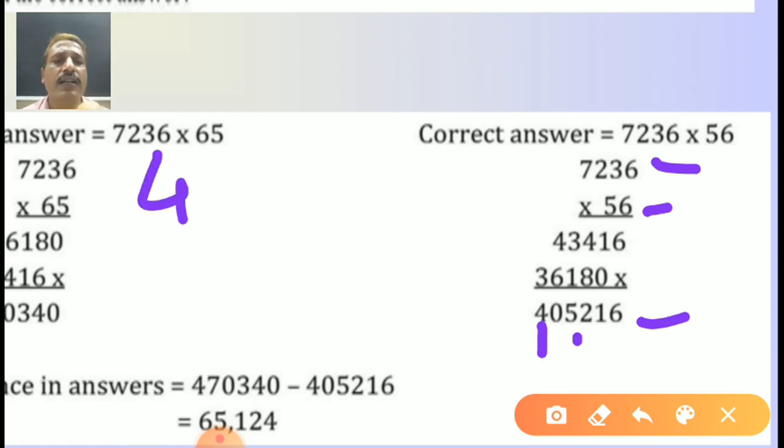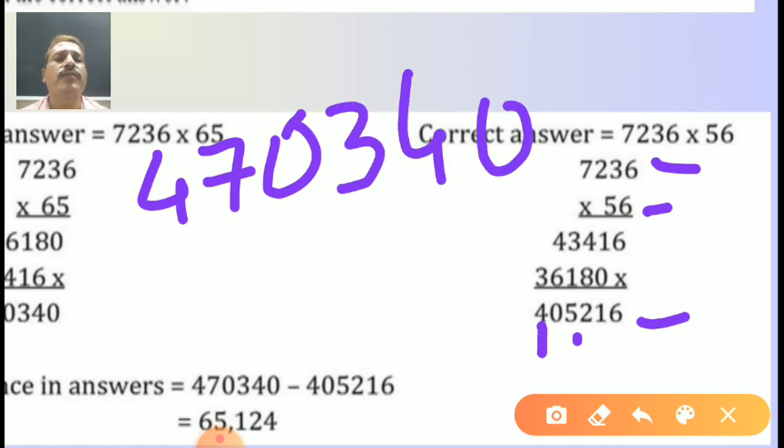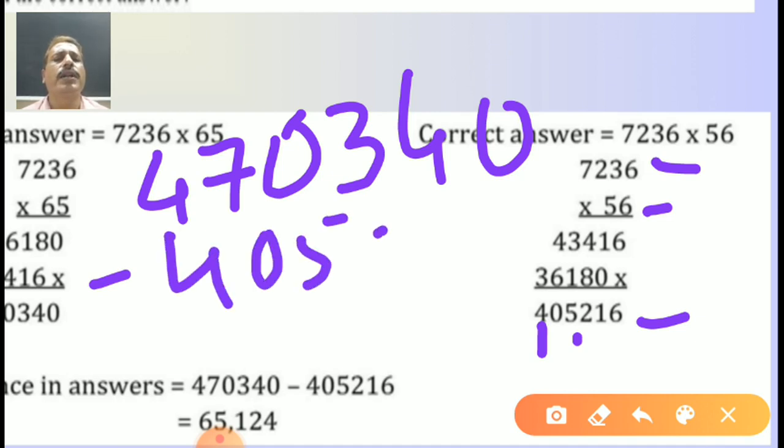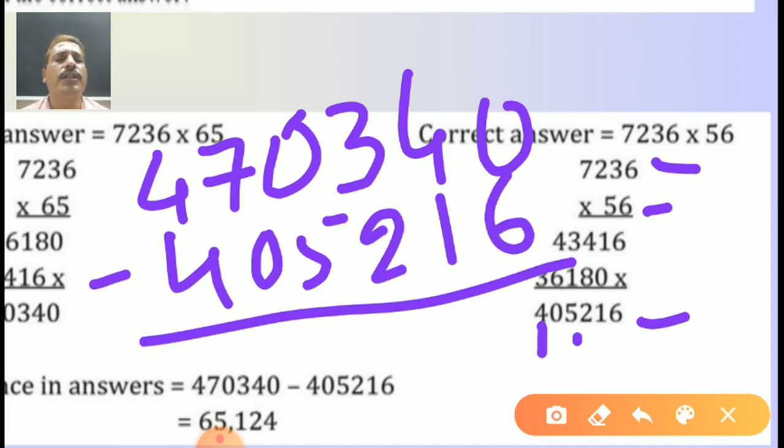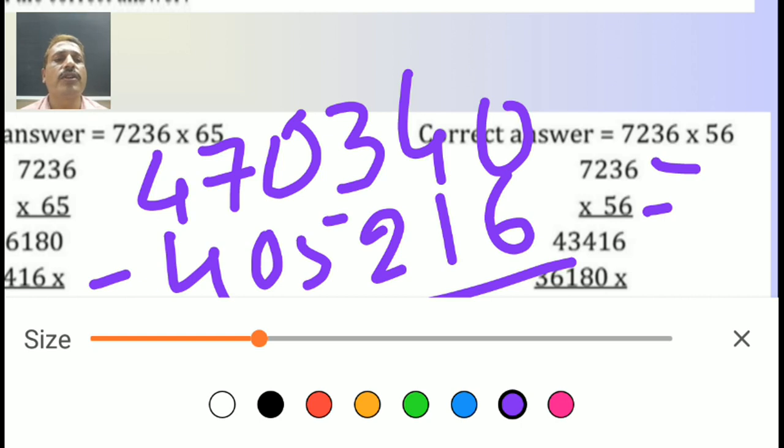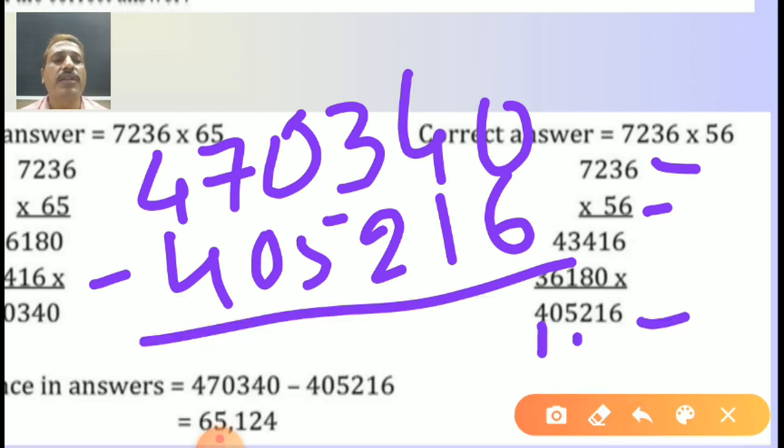So I will write here and show how you get the answer. You can do it in your rough note also. So we can finalize today's session. 4,05,216. Can you see the big numbers on the screen? Yes, you want me to change the pen color. Do you like this color? Which color do you like? Pink. Okay, I will take the pink color. Now my color is pink.